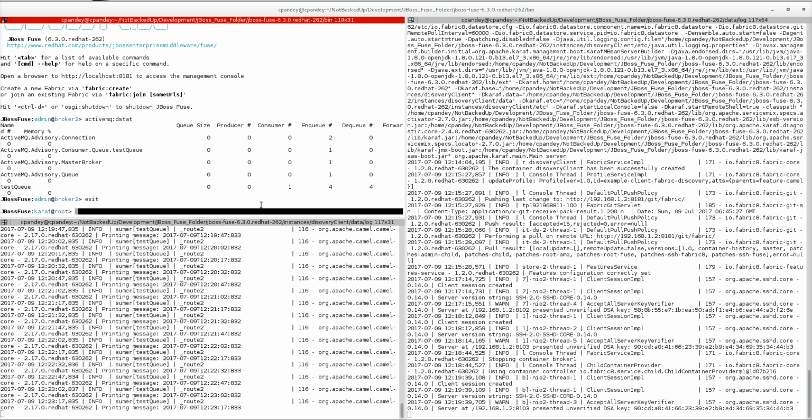Now we are going deeper into it. There could be a problem: as I said, if your ensemble is down, that means your ZooKeeper registry is down. If the ZooKeeper registry is down, that means this master slave is also down. Until your ensemble comes up, this broker will be down. This could be a serious concern for different architectures, because even if the ensemble is down, they don't want their brokers to be down.